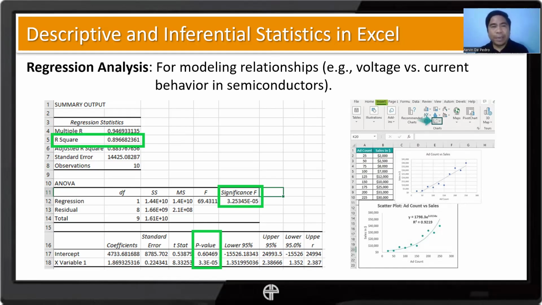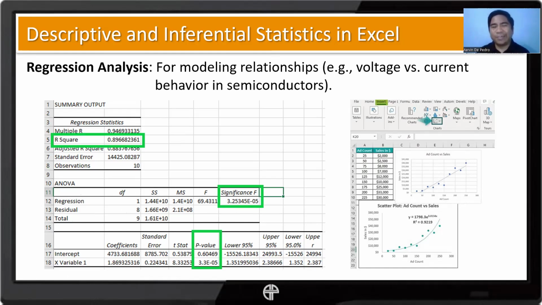Okay. And then, as you can see, when we perform regression analysis, we are also performing ANOVA and t-test, although I cropped out the t-test part. This is just to check whether our model, or the difference, is significant enough or not.